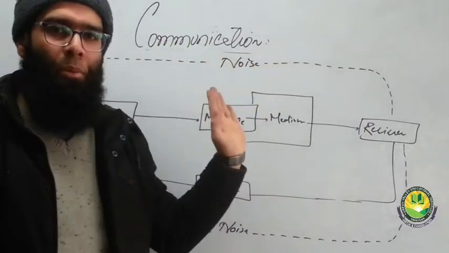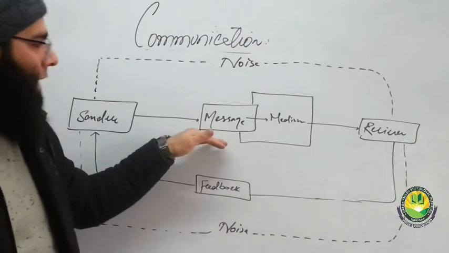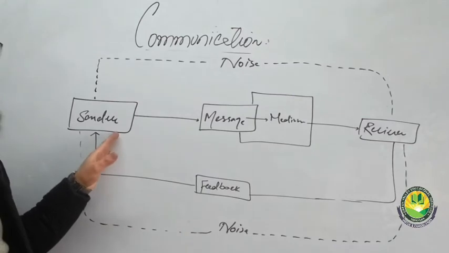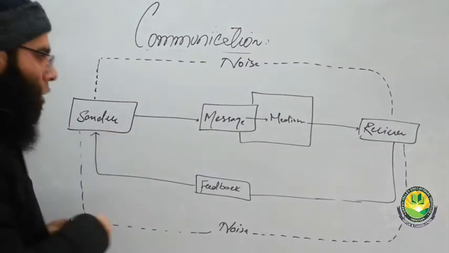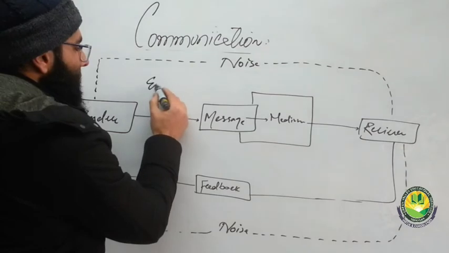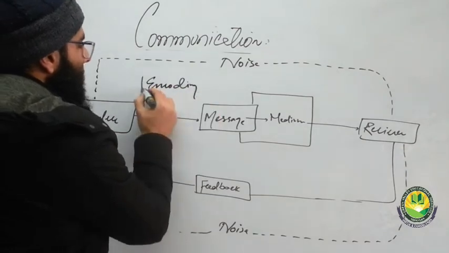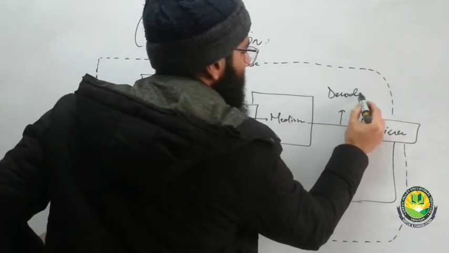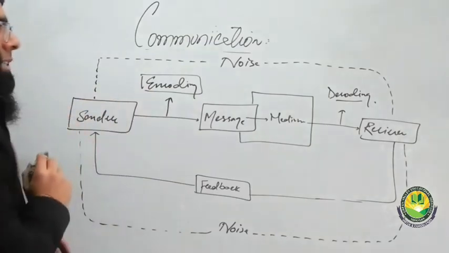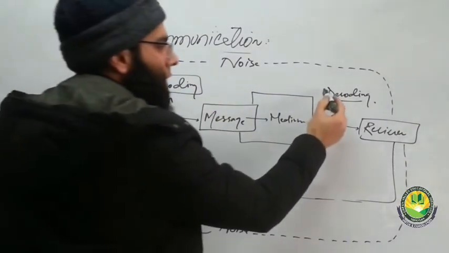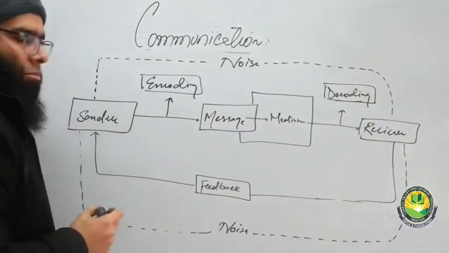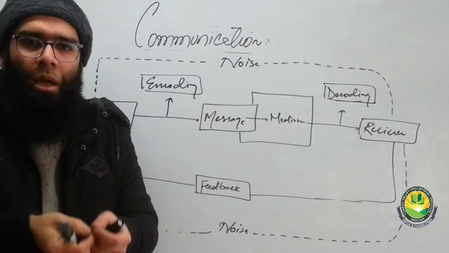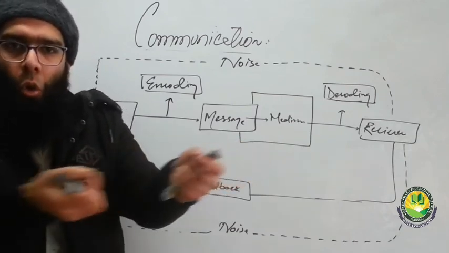So communication is the process between sender and receiver. They exchange message through a medium, receiver provides the feedback, and the common understanding is created. We can also add one more point to it, that is encoding and decoding. Encoding is simply when the message is constructed, when the message is coded. When you write to your friend, we shall meet tomorrow at 12 p.m. at Lal Chowk, this is the coding of message.